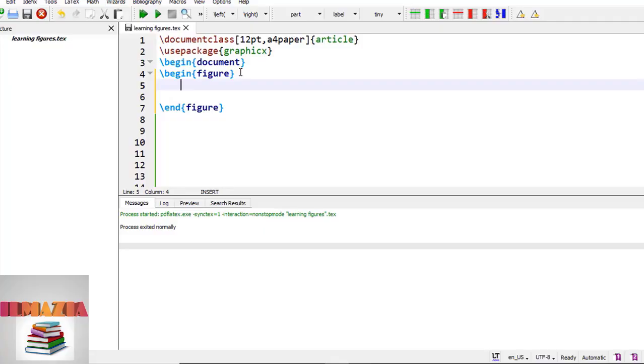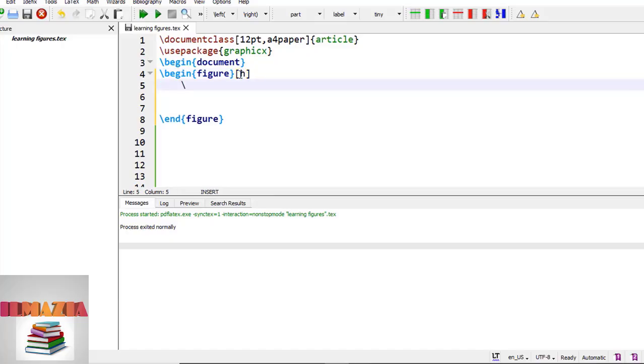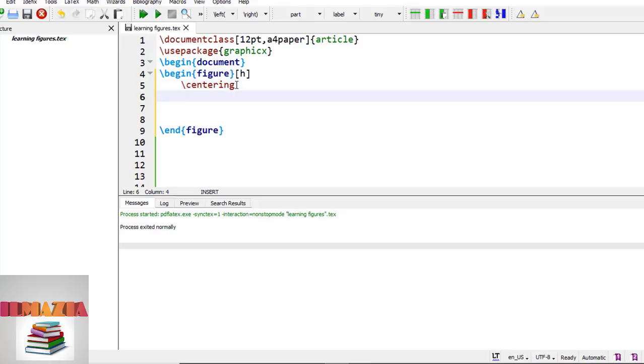And if we add h in square brackets, then this is the placement specifier. H means put the figure approximately here if it will fit. And the next command is \centering, if you want to center your picture. And the next command is